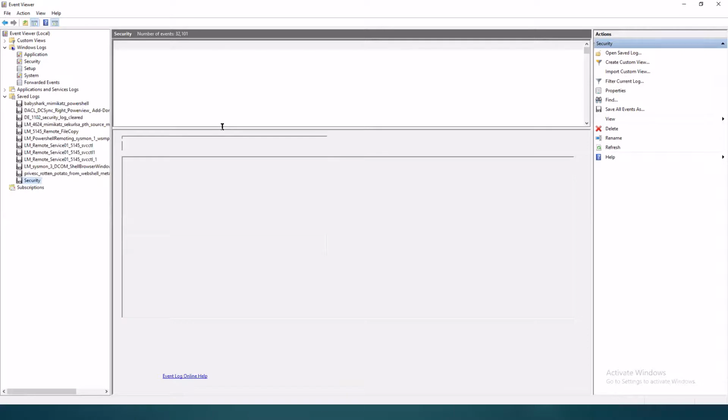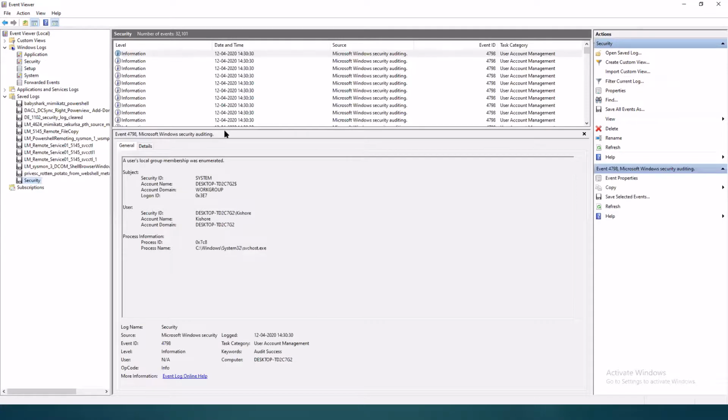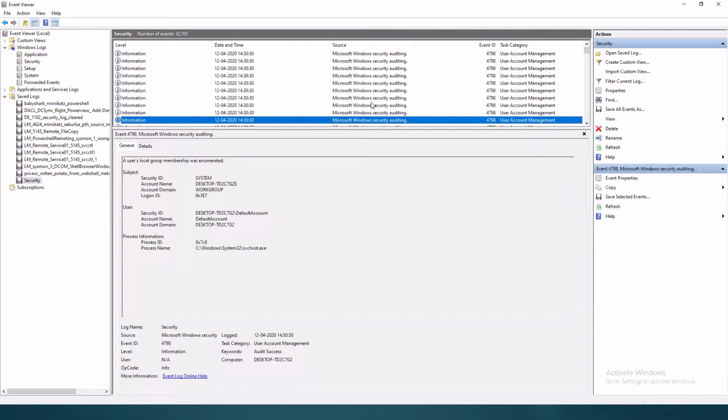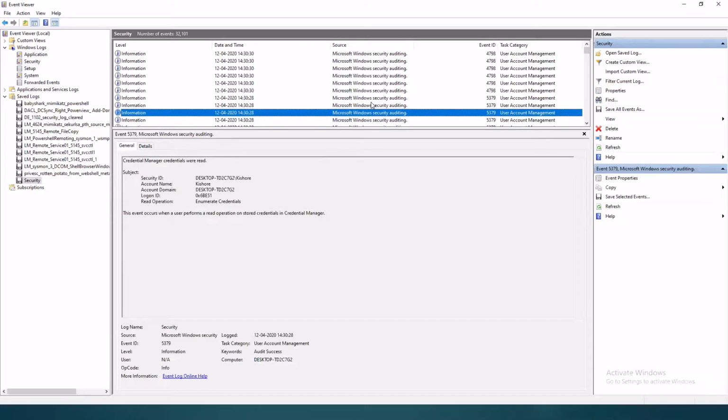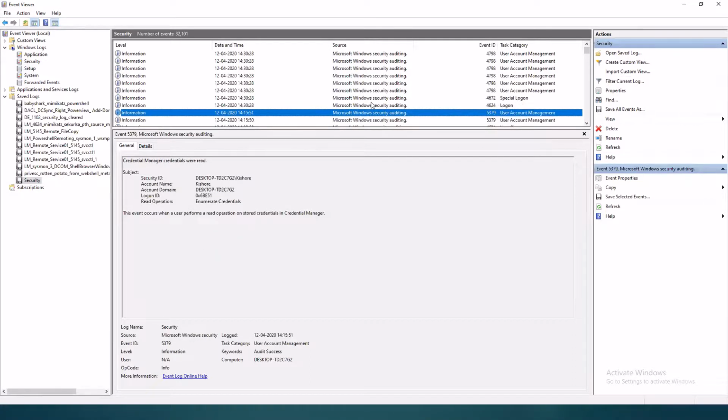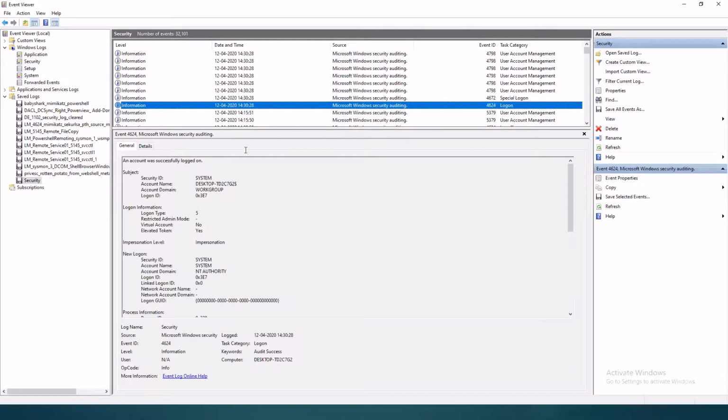And this is a crucial area for the security folks who will be looking at it and trying to identify what really happened, right? Like this one says, okay, a user's local group membership was enumerated. Here, credential manager was read. Then an account was successfully logged on.